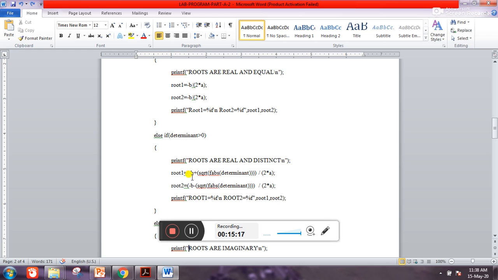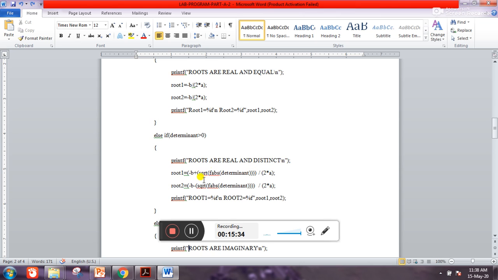So here, how many brackets did we open? 1, 2, 3, 4. Those 4 you need to close here. Brackets opening and closing are very important. If you miss even one bracket, it creates a different meaning and links to a different statement. That's why, however many brackets you open, that many you have to close carefully.